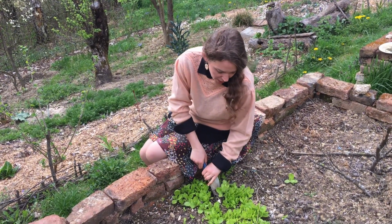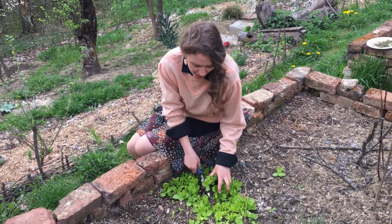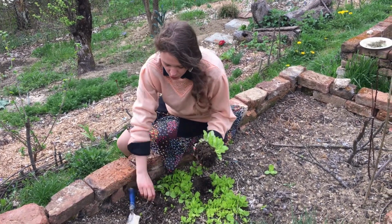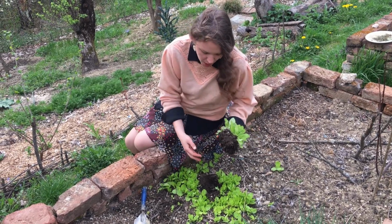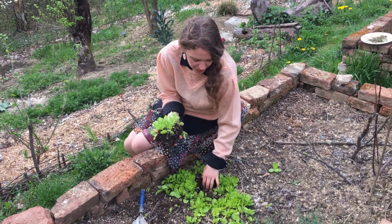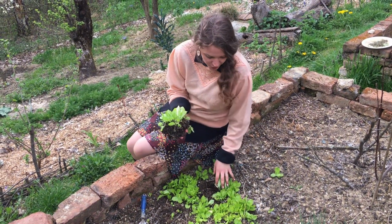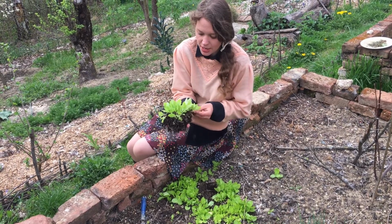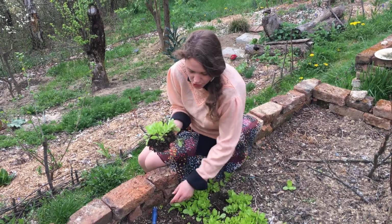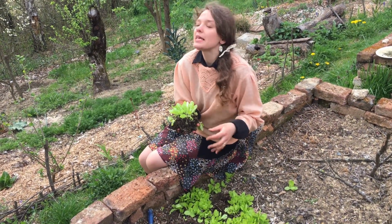Down here I sowed a whole bunch of lettuces, quite tightly really, and the idea of these is that it's more like a nursery bed. So I can treat this whole bit of garden rather like a seed tray. A lot of things have germinated and they've started growing quite well, but they're really close together. So what I can do is just grab a trowel, lift a section like this, and then separate them